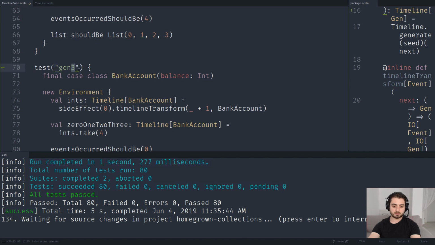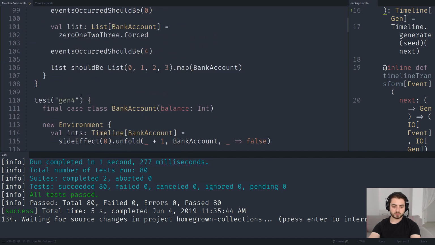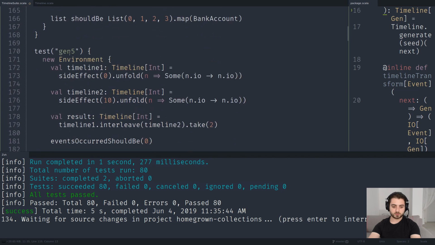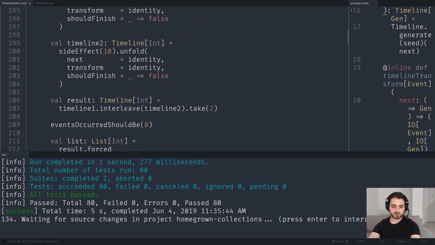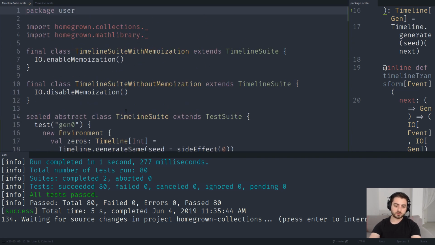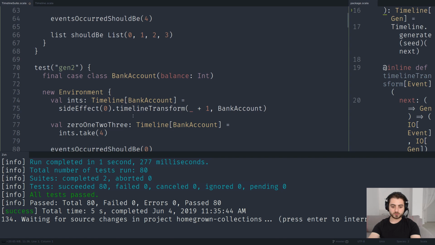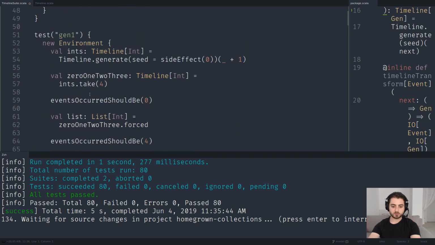Right, so now let's rename this one to 2, this one to 3, this one to 4, and I believe this is the last one, right? Okay, so let's go up. We have the generate one, so it's gen 2. So gen 1 over here. So we're saying timeline then generate, and all we need to do is go here and say dot generate transform,